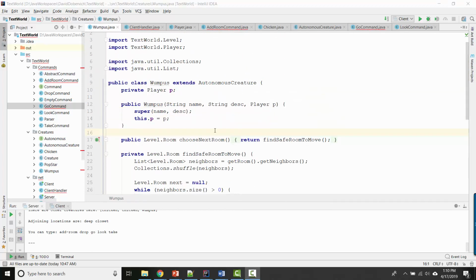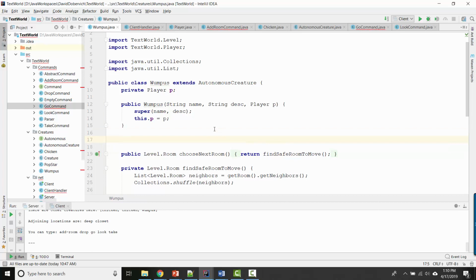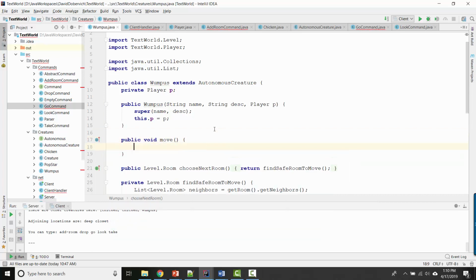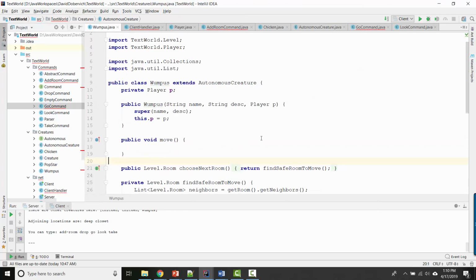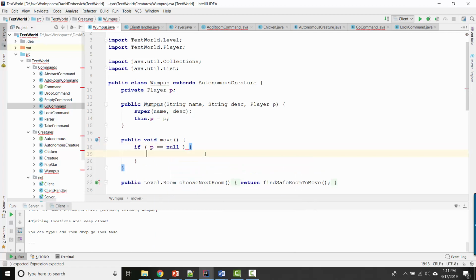So I think what we want to do is override that parent move behavior. Is that what it's called? Or is it autonomous creature? Yeah, it's just called move, okay, great. So if p is null, then p equals